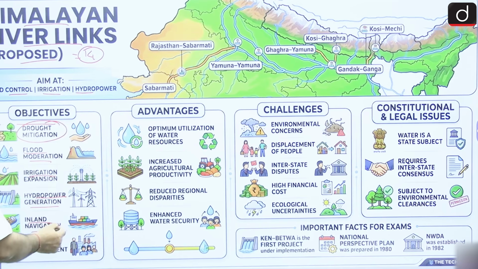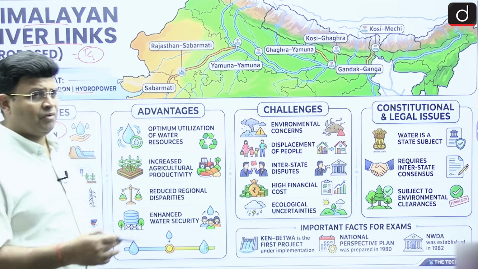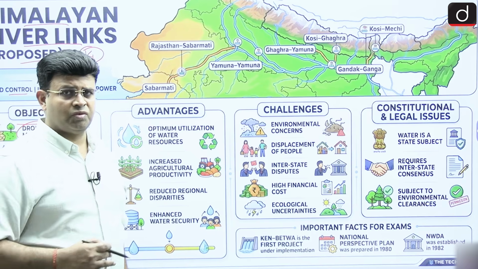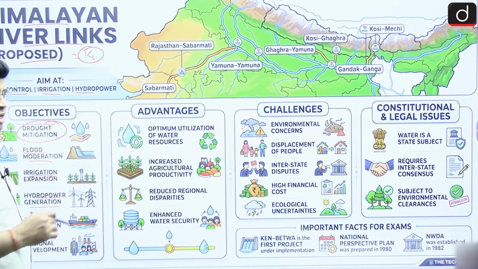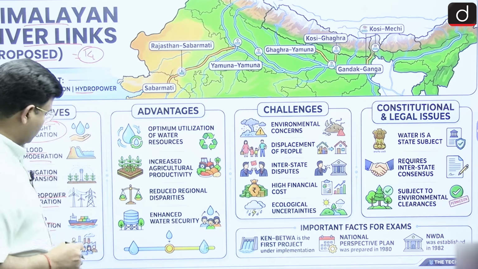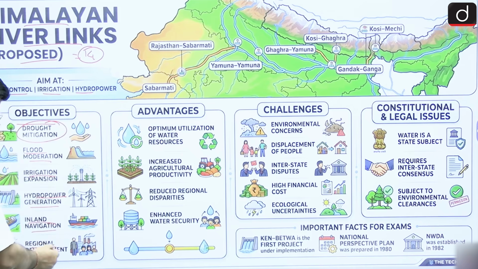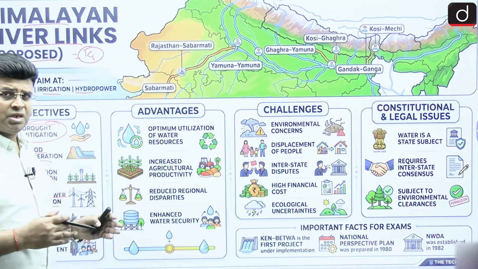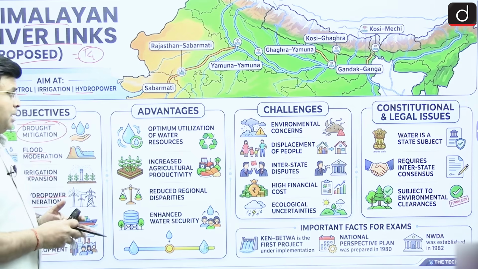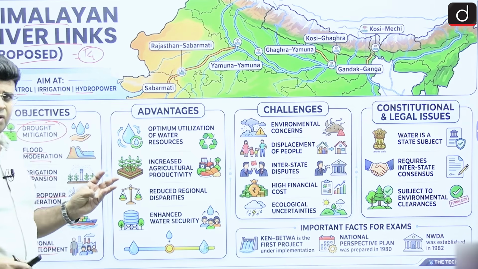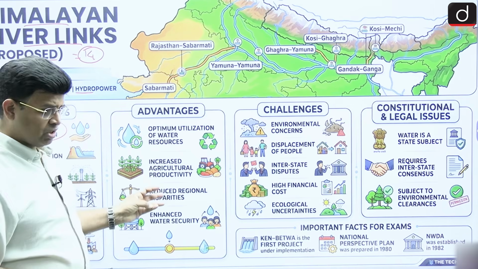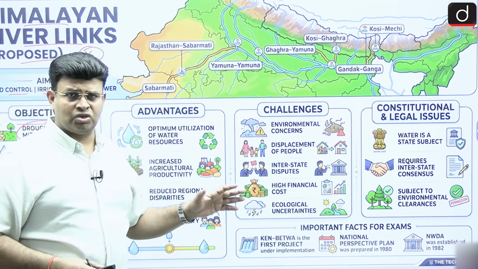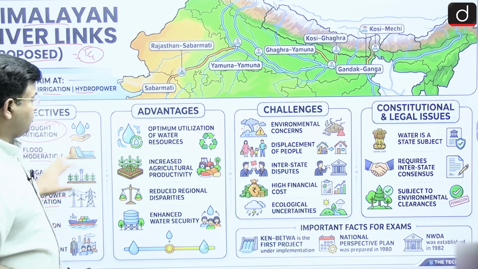And inland navigation, yes, it will help in the navigation. Yes, boat and transportation of goods, it will help in. India has 111 inland waterways, and regional development will happen where the water is going through the river linking project. That region will have development because of the availability of water. Irrigation will develop, industry will develop, transportation network, flood control, drinking water supply, electricity production. These are the major impacts of it.